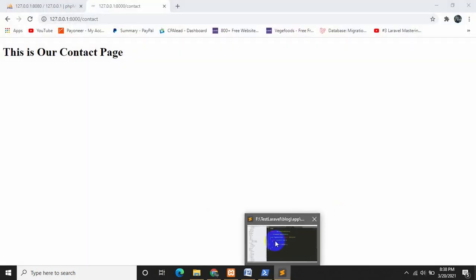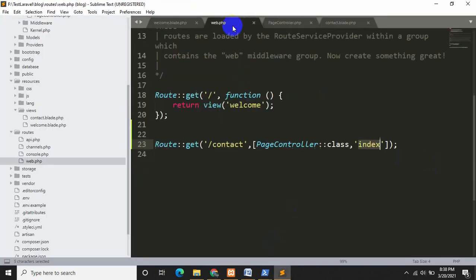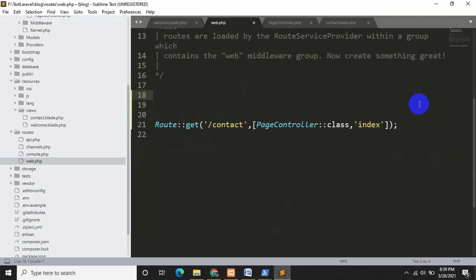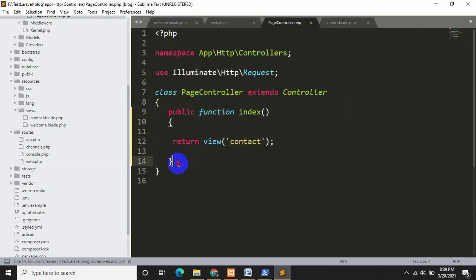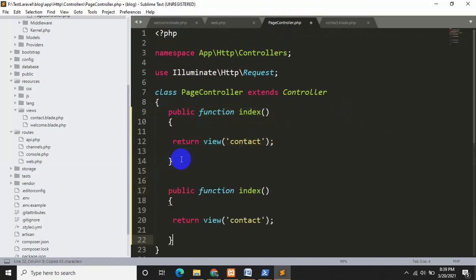Okay, so let's do the same for our welcome page. I'll just close it. Let's copy it again and just paste it. Let's say over here index2. Okay, let's save it, Control S, and I'll just copy it over here and paste it.